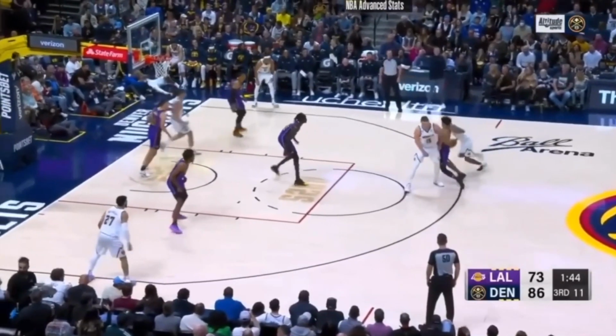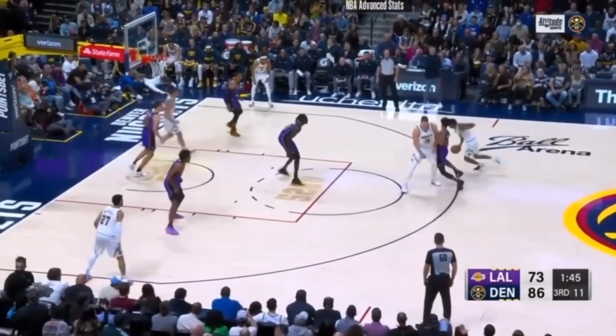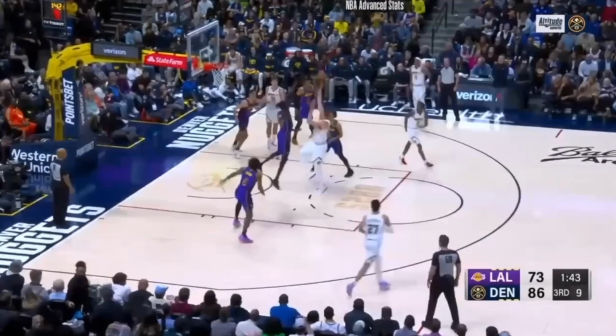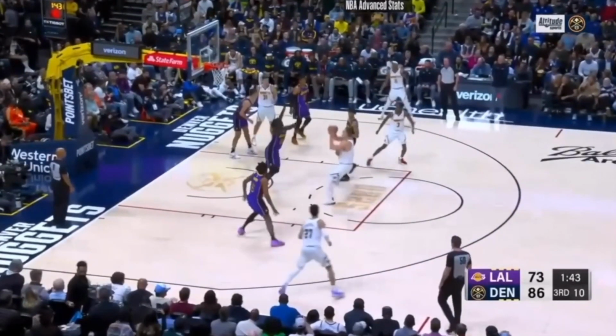Now, coming off of this screen, he rolls to the basket, and watch what his teammate does. How many dribbles past this screen does he take? 2. He plants, he passes to Jokic. Jokic keeps that ball high and goes for the floater. Floaters are extremely useful because if he was to go for a layup, there would be 2 players collapsing on him. He could have kicked it out for a 3, but I know there are some coaches,